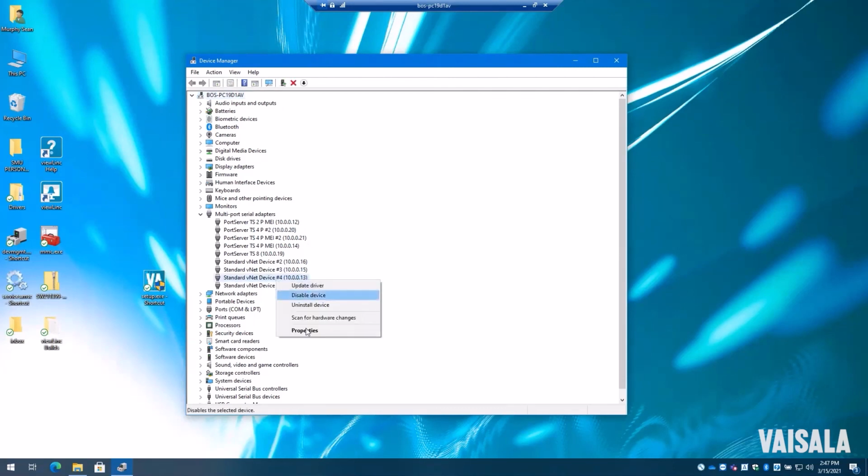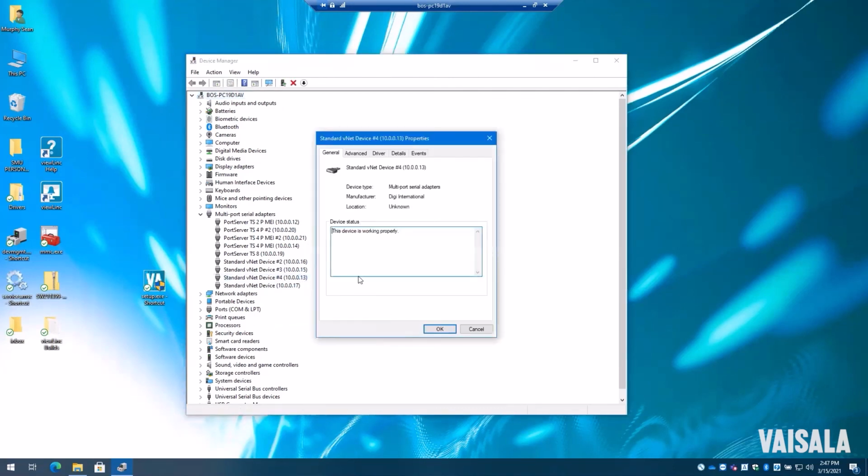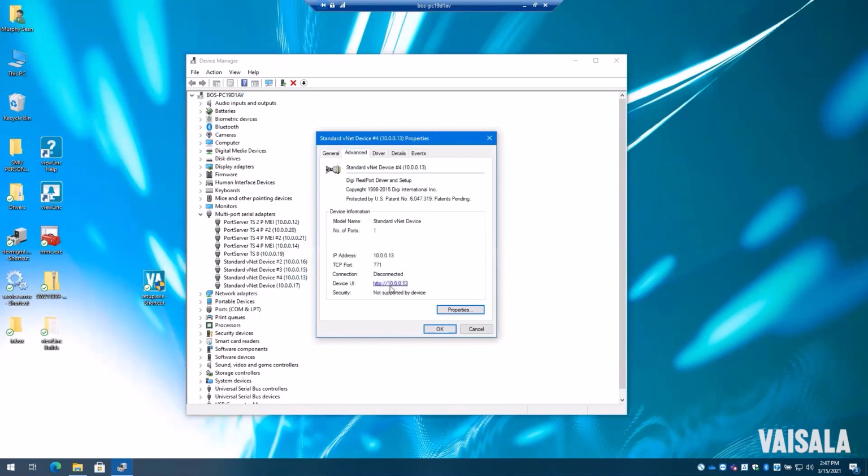And this maps to 10.0.0.13. And if I take a look at it, I can see all the different settings that are in here, including a little link. It'll tell me what the IP address is with the COM port, what the TCP port is, and the link to the UI that we used originally to set up the device. It'll also tell you as the device is communicating back and forth, whether it's connected or disconnected. So this tells me that it's actually communicating.